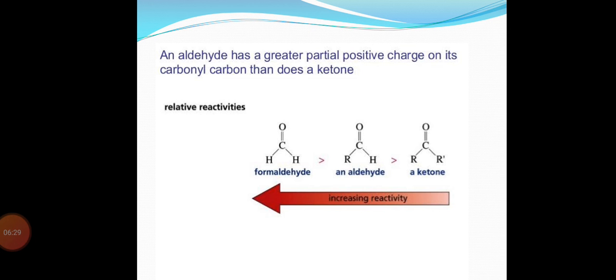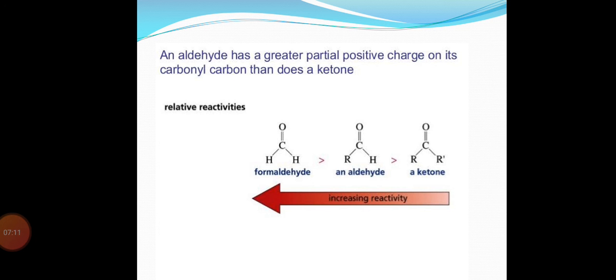Again, in another example, we show how we can explain the reactivity difference between the aldehyde and a ketone. Here there are 3 structures present in this slide. Formaldehyde, which is the first member of the aldehydic series, contains 2 hydrogens on both sides of the carbonyl group, and as we already discussed, hydrogen is the smallest atom, so it doesn't help for the stability. That's why formaldehyde is very less stable and more reactive.